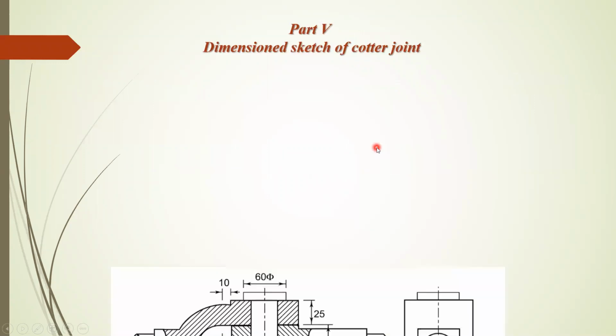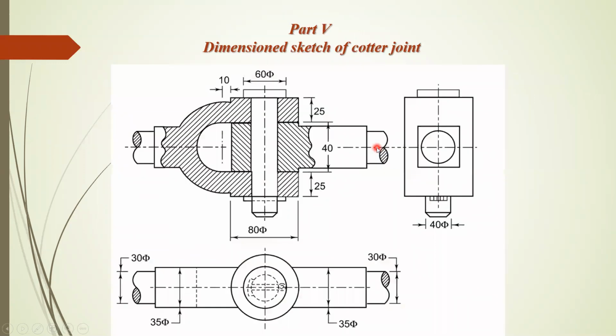At the end, we have to draw all the components, or show the manufacturing drawing of them. So this is the dimensional sketch of the knuckle joint. This is the knuckle joint. We can see the dimensions are 25, 40, diameter 80 mm, enlarged diameter 35, smaller diameter 30, and the pin diameter. All these are here. So this is the dimensional sketch of the knuckle joint.